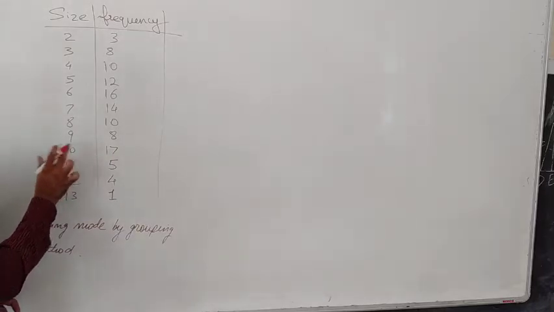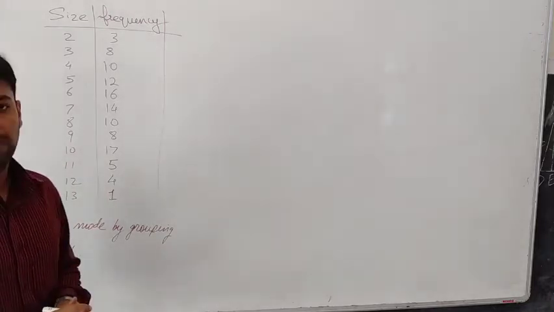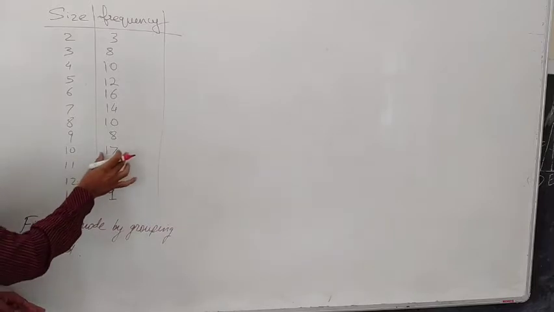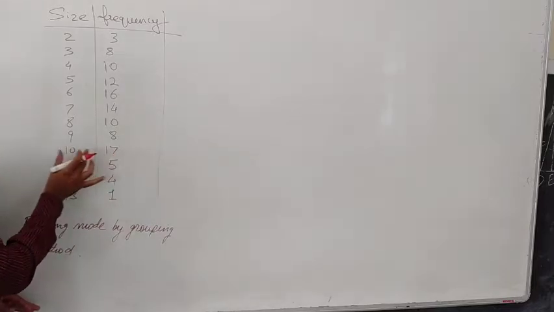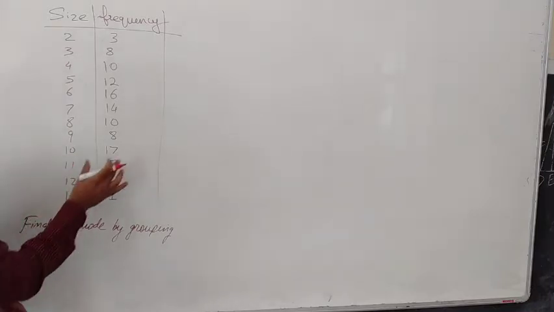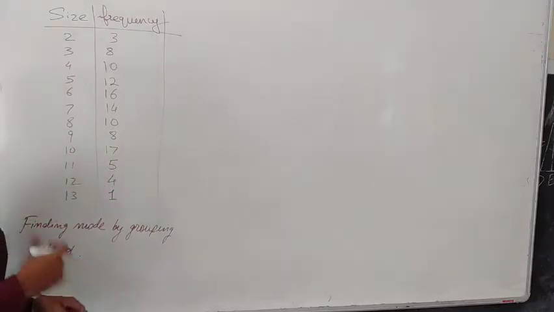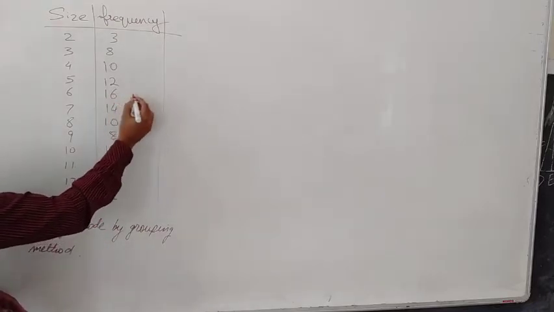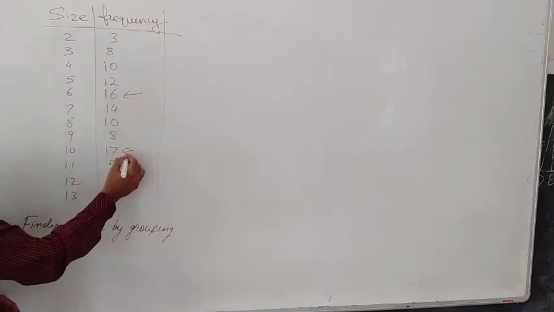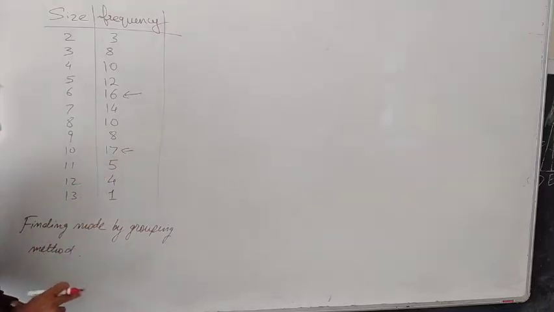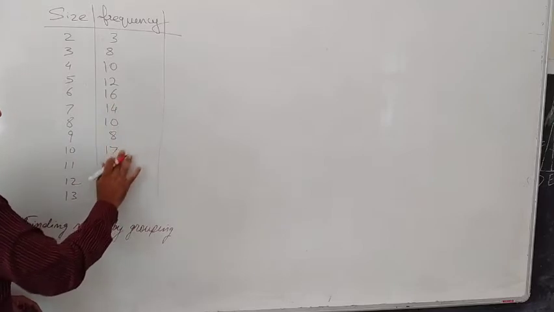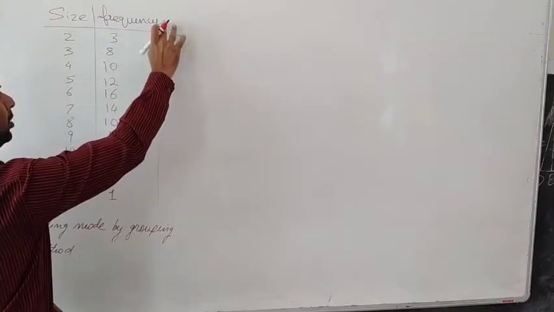But here we cannot do like this. Why are we going for this grouping method in this question? When we can say directly that the highest frequency is 17, in front of it it is 10, this should be the mode because the maximum repeated number is here. So you cannot do it here because close numbers are given. See, 16 is also given over here, which is very close to 17. That's why we are going to solve this question by the grouping method.